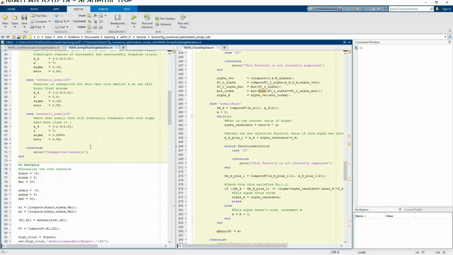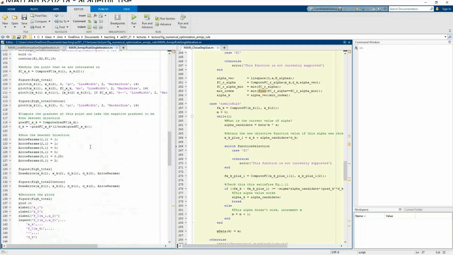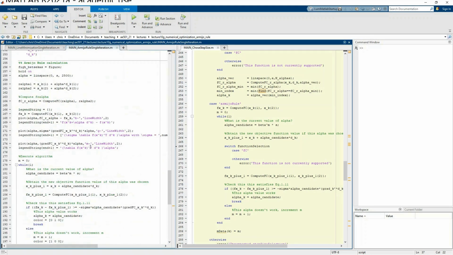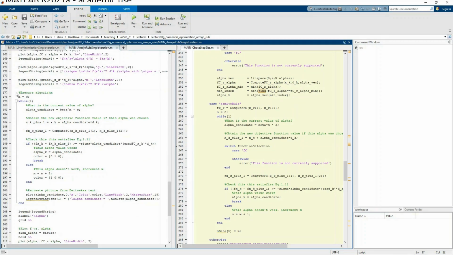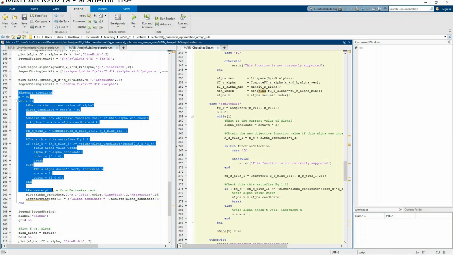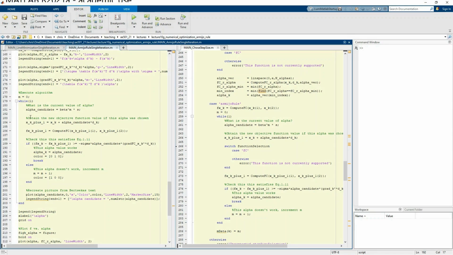So again, there's a lot of code here, but most of this is just plotting. Let me scroll down to the actual guts of the Armijo rule, and here it is. As you can see, it's basically like what we talked about on the board. You just set the integer m to 0, then drop into this while 1 loop, and we consider the candidate alpha solution. It's just beta to the m times s, and then all we're going to do is look at where we're going to go, x of k plus 1, if we chose that candidate step size